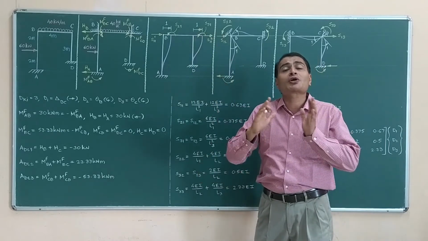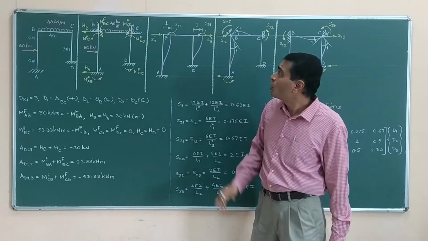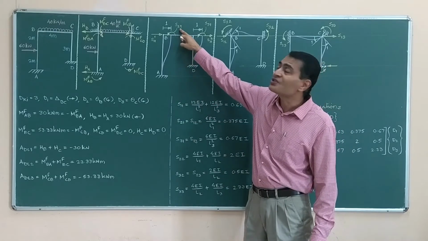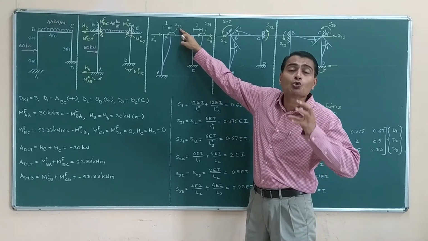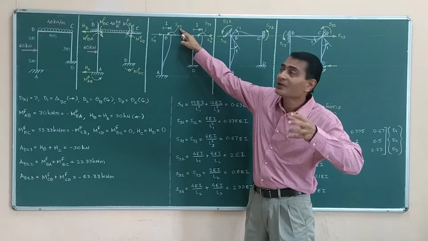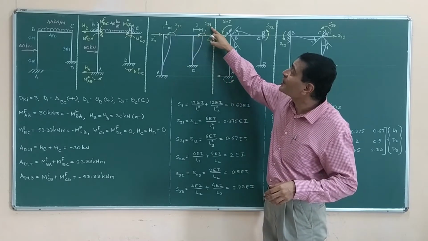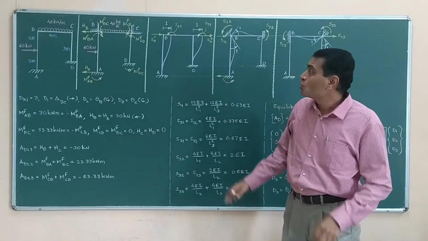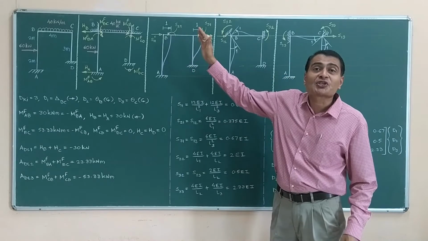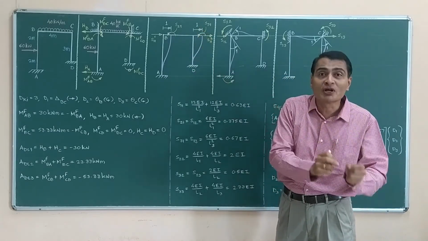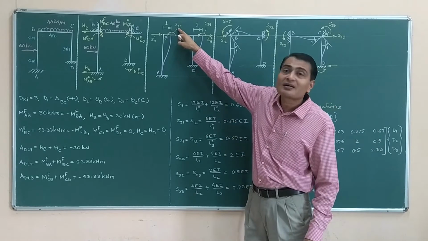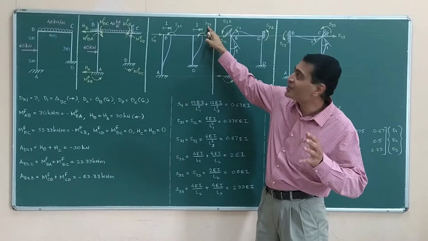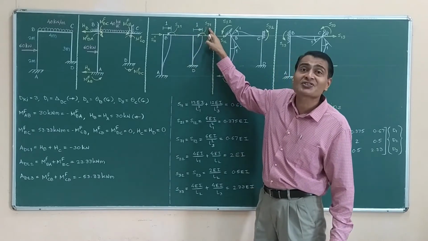Why force? Because we are talking about sway translation. Also, simultaneously you are observing some couple moment generated here. This has to be S21 because node 2 corresponds to rotation at B. This moment has to be S31 because node 3 corresponds to rotation at C. So, unit translation, that is force, corresponds to node 1 and moment corresponds to node 2, moment corresponds to node 3. That's why the stiffnesses are S21 and S31.